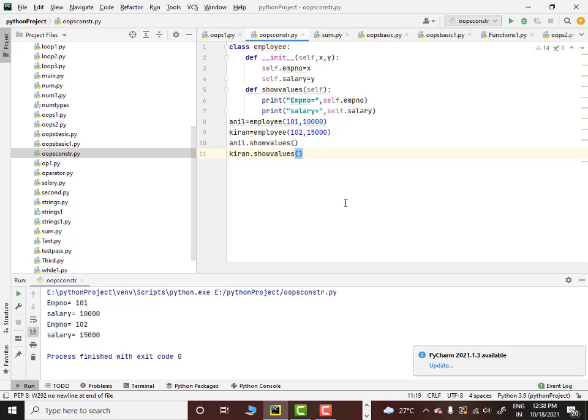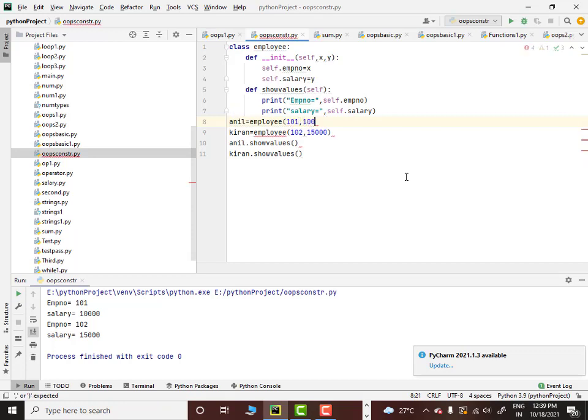Here, like you said, in the last four steps you gave Anil is equal to employee, you put in numbers, right? So why can't we do Anil is equal to employee and Anil dot show values in one statement? Can't we cut that down? So what is it that you are trying to tell? If you tell me, I'll remove this. You want me to remove this? No, let that be.